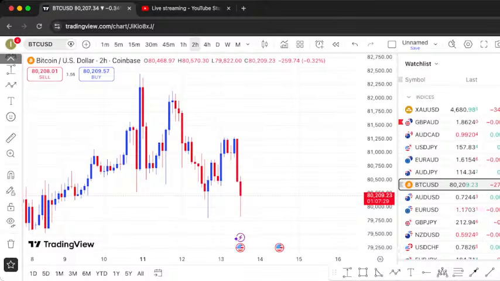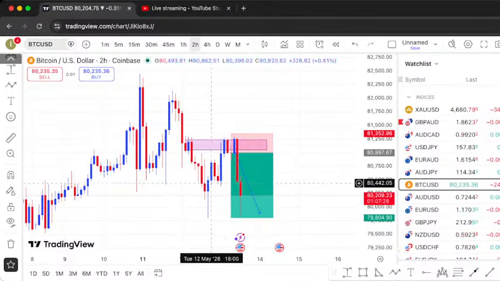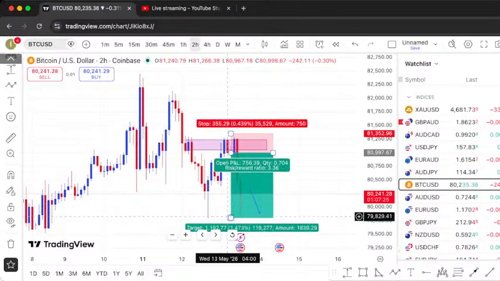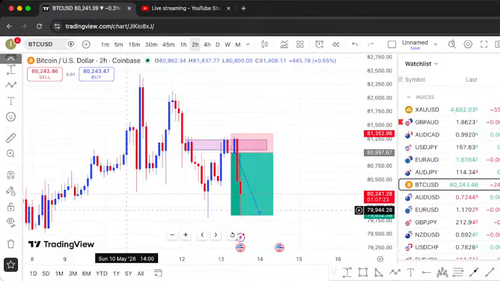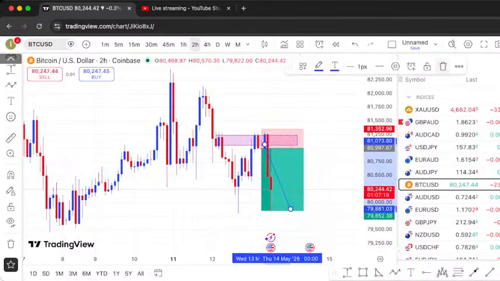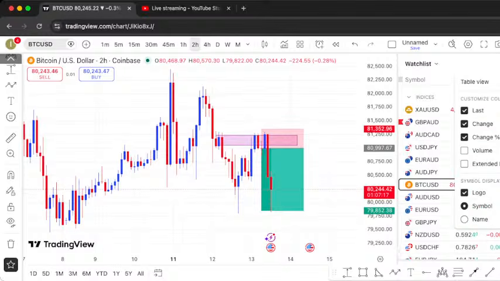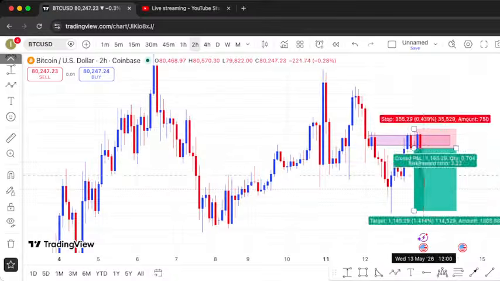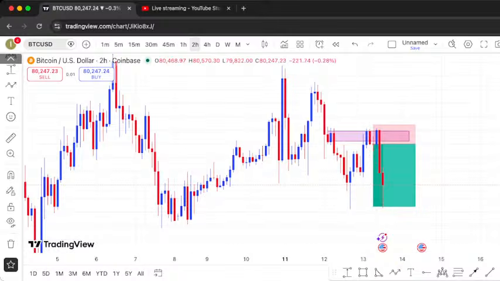Okay, we have Bitcoin. Wow, I gave out Bitcoin. I gave out this trade earlier on the London session market analysis. I gave out this sell. I don't know if someone took it. I gave out a live entry. If you guys remember, I told you guys to sell BTC there due to an OB on a 2-hour time frame. This candlestick here.